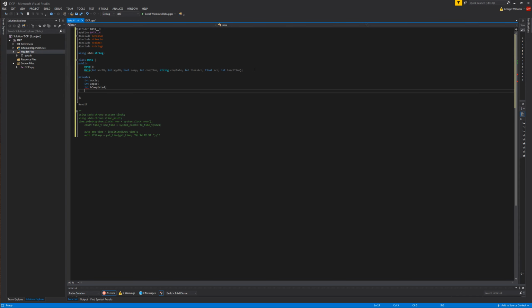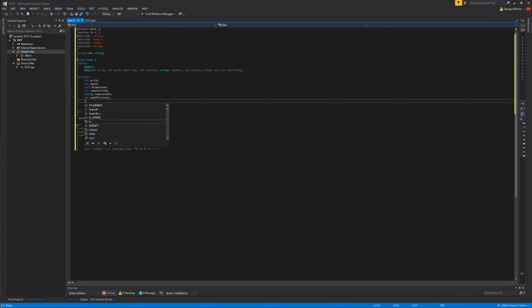Be completed, that should be a bool. Int comp time, complete time, string completed on. Int num of accesses. Float accuracy and int inactive time. Okay, so